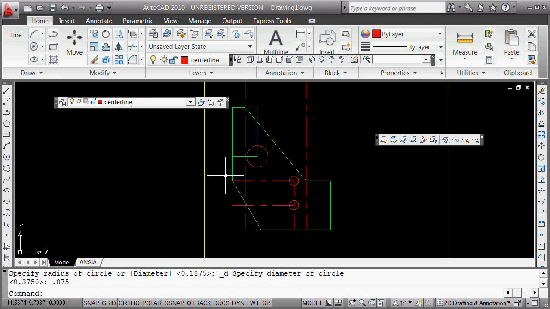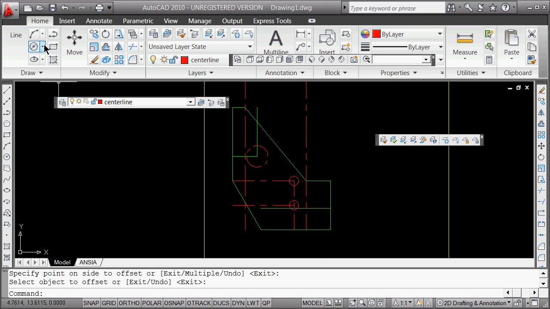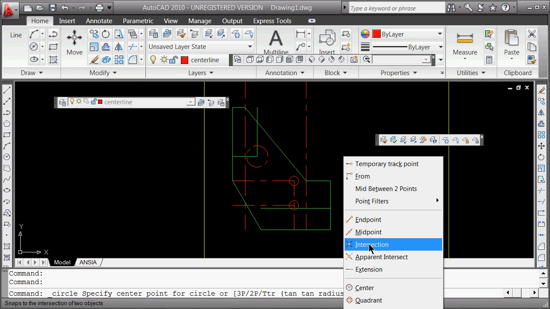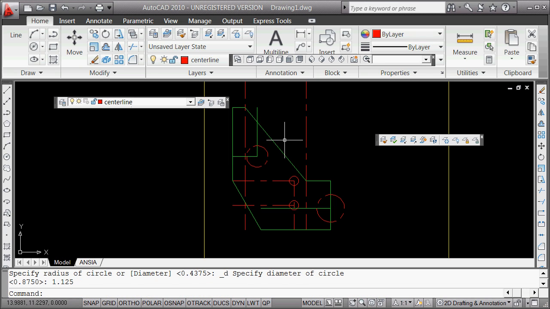1.125. So O spacebar, 0.875, offset here, and then draw a circle again, center diameter to the intersection, and then we have what then is a diameter of 1.125. Now, I'll finally go ahead and clean these things up, get rid of some of these reference lines, and